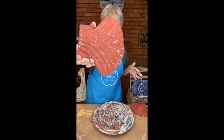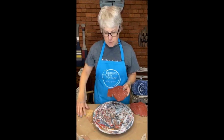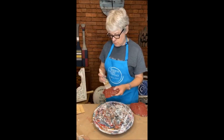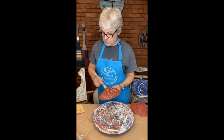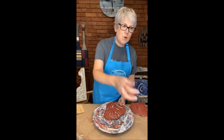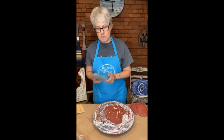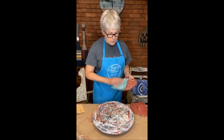See that? So I'm going to take a piece of sandpaper. I would take the dry brush first to see if some of the paint comes off. I think little pieces of it might. Okay. So when you're going to be sanding your piece, I like to start with a very fine grit sandpaper. This one is probably like a 220. The higher the number, the finer the grit. And I'm just going to very lightly